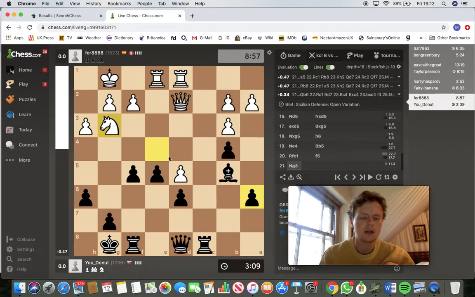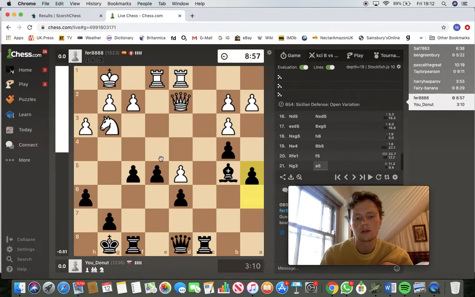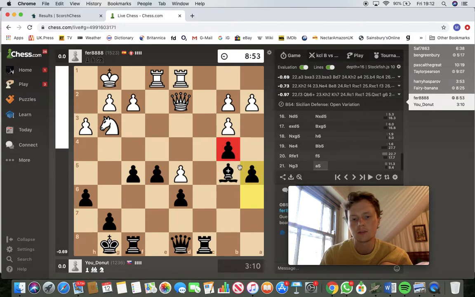Knight g3. I'm trying to work out what happens next though, because you never want to push this, because then you give this e4 square permanently. Yeah, this makes a lot of sense. Just cementing this pawn structure. This is not hanging anymore. And now you're saying, right, what are you doing? I would consider